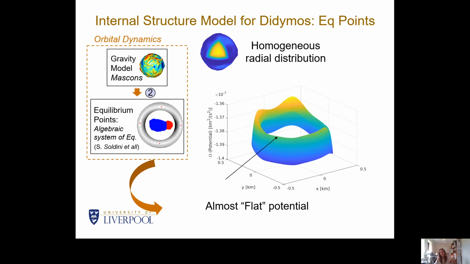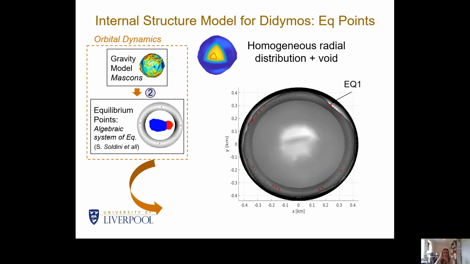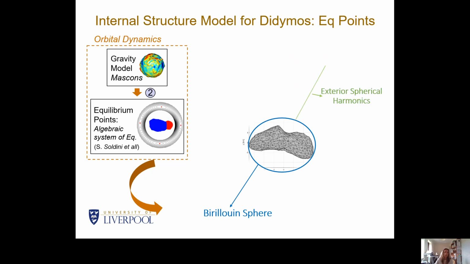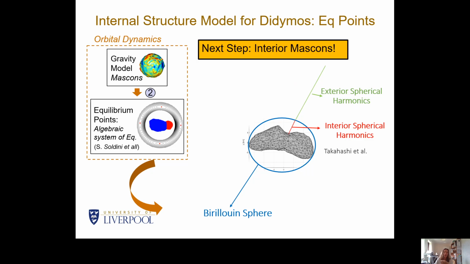So if you look at the potential along, let's say, the equilibrium point radius, it's some local minimum and maxima, same things with the other void model. And the reason for this is because our model is not valid inside the Brillouin sphere, like for spherical harmonics. However, Takahashi et al. have developed the interior spherical harmonics, and the next step will be to look at the interior